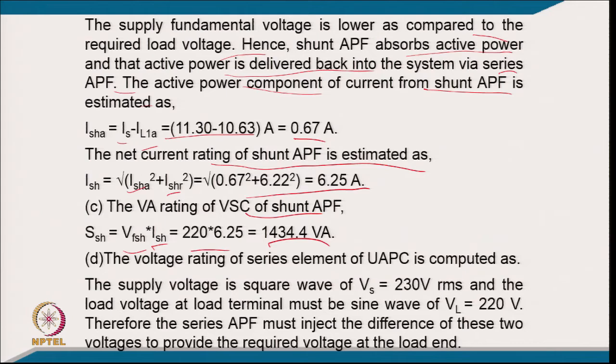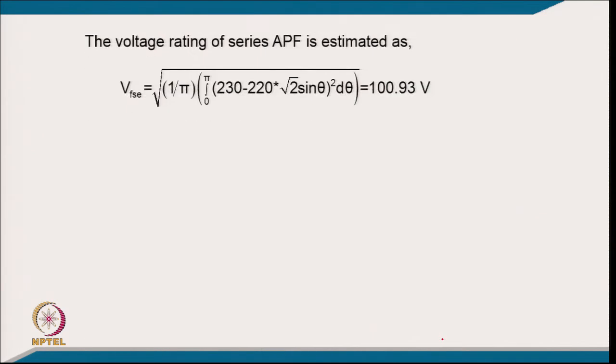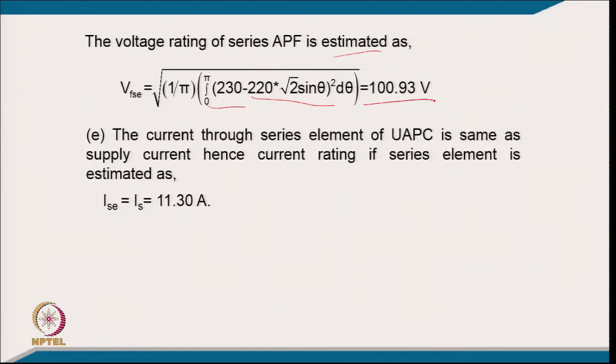1434.4 volt ampere. Now, the voltage rating of the series element of the universal active power filter is computed as follows. The supply voltage is a square wave of 230 volt RMS, and the load voltage at the load terminal must be a sine wave of 220 volt. So, therefore, the series active power filter must inject the difference of these two voltages to provide the required voltage at the load end, and this series injection voltage is typically the 230 DC square wave minus this sine wave of 220 RMS with a peak of root 2. So, it comes 100.93 volt,